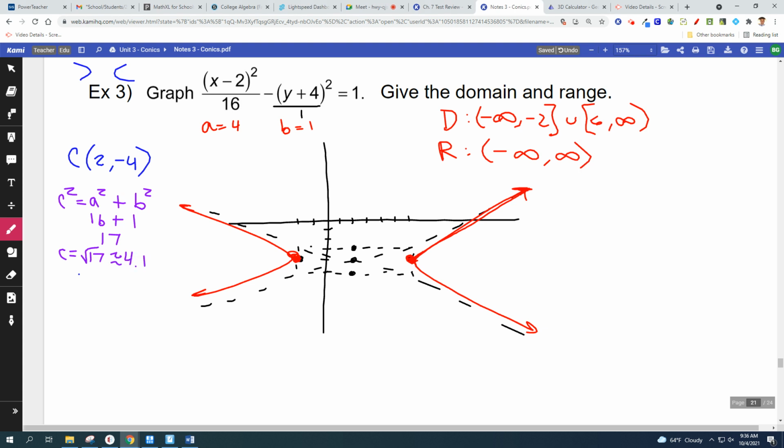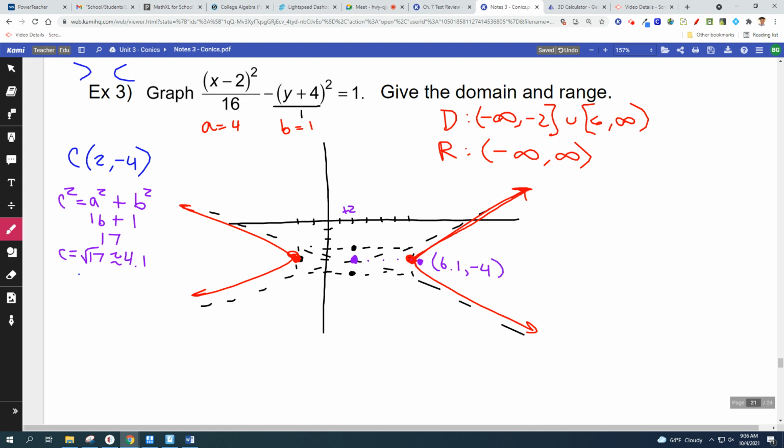About 4.1. So what we would need to do is go 4.1 from the center. Not from 0, not from the origin, but from the center. So that's what people kind of mess up here. All right, if we're right there, we are at -2. No, not -2, +2. And we're going over 1, 2, 3, 4.1 puts me right there. 4.1. And so if you were allowed to say a decimal, it'd be 2 plus 4.1 is 6.1 comma, where are we at? -4,